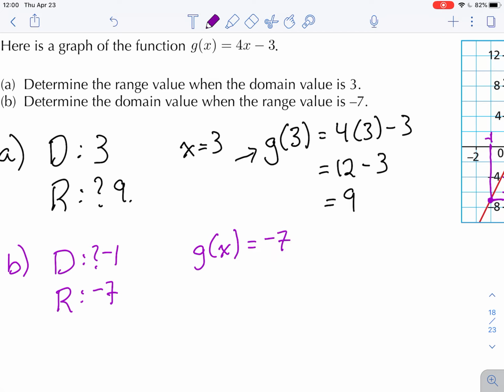Now, we can figure this out the other way. We know that our function evaluated at some number is equal to minus 7. So we take our function, minus 7 is equal to 4x minus 3. Notice up here in the function, we eliminate that g of x and we replace it with the minus 7. And then we solve it. We add 3 to both sides to get minus 4 is equal to 4x, or x is equal to minus 1. All right, I hope